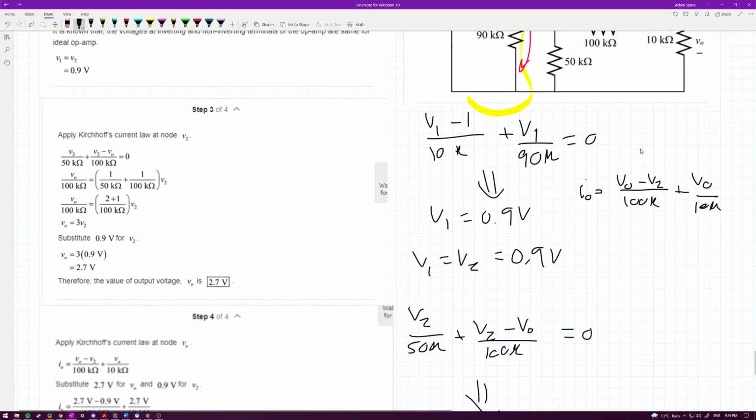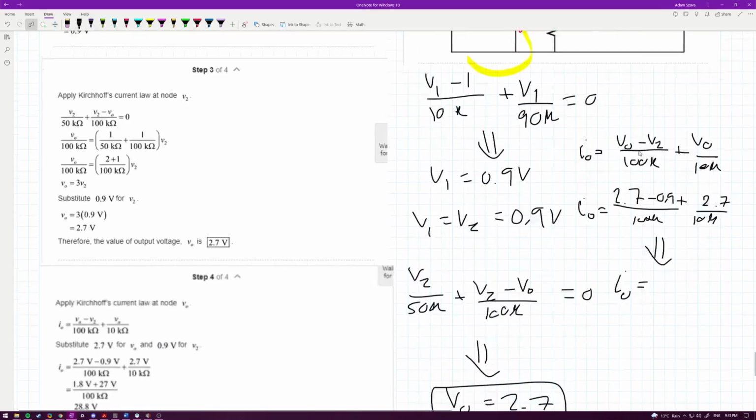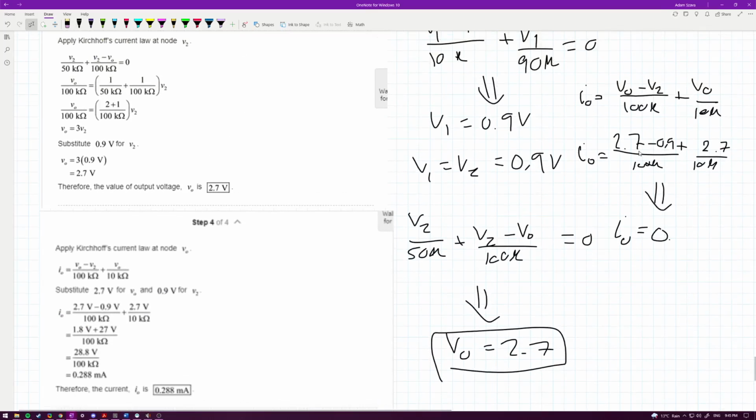I know all these numbers. So I naught is equal to 2.7 minus 0.9 over 100K plus 2.7 over 10K. I can just trust that we can solve that for whatever number they got, 0.288